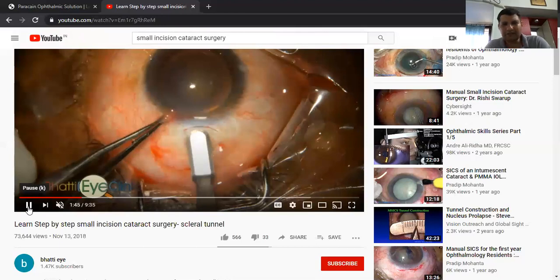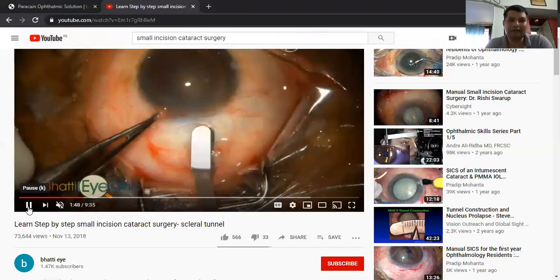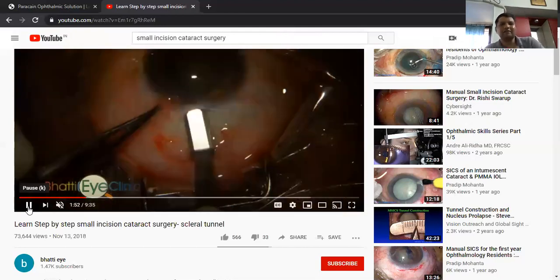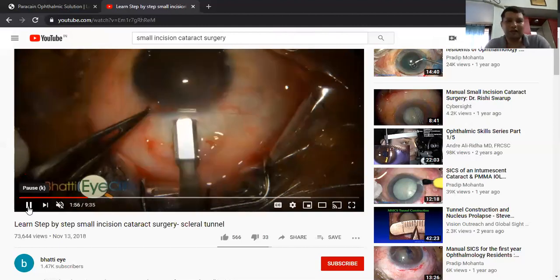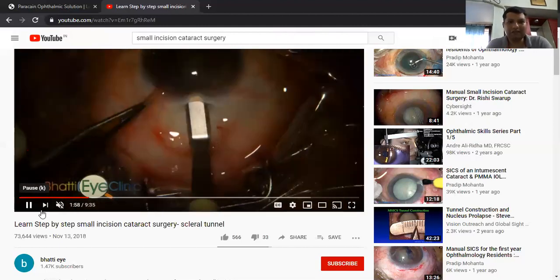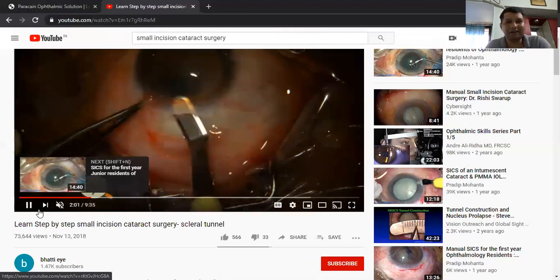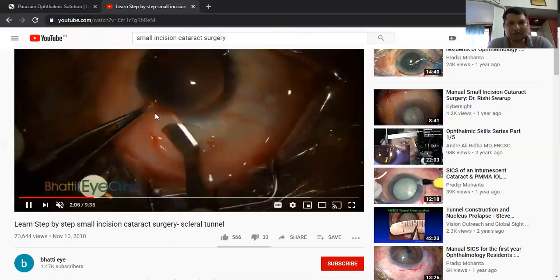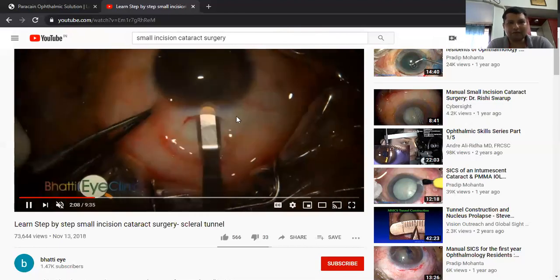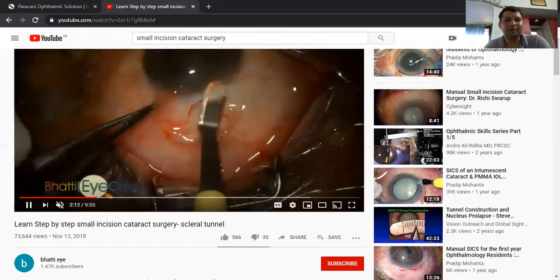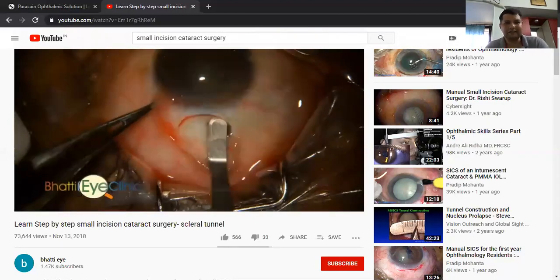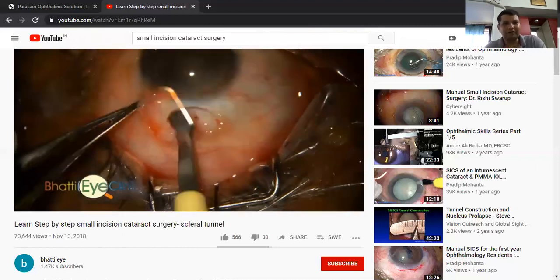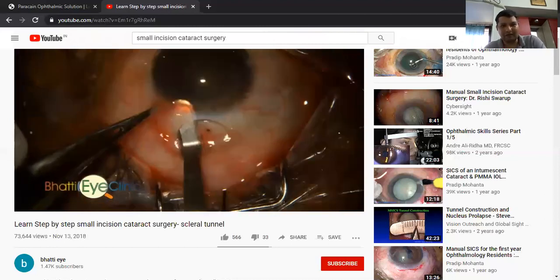And through this incision, we have introduced a crescent blade, and we are fashioning a tunnel. We are dissecting into the scleral tissue, and then we are also reaching the limbus, and we are dissecting into the corneal tissue. So we are making a tunnel. If you please notice, we are making side pockets here also. So our internal incision will be more than the external incision. So this is how the surgeon is making scleral side pockets.